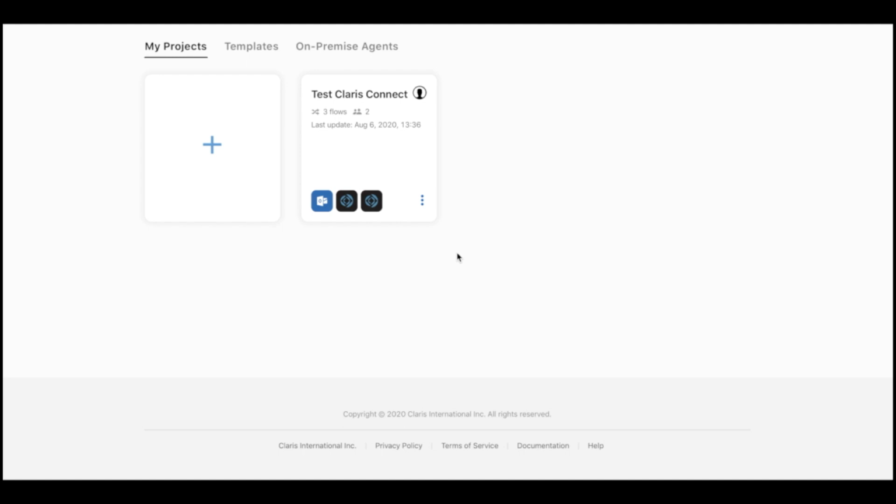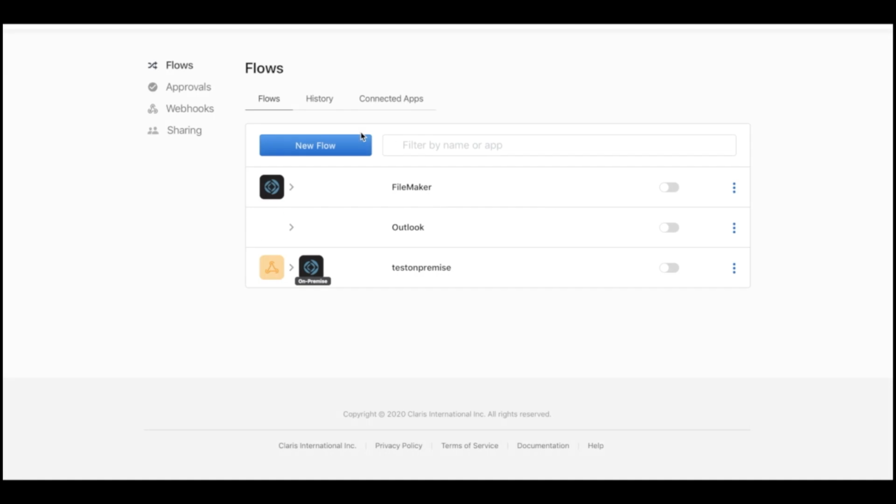And here we have Claris Connect, which if you go to connect.claris.com, that's where you can access your solution. We have a list of my projects here. We can click one to open up and edit a flow here, which flows would consist of different things like triggers and actions that have this function. We have a list of flows here. Let's create a new one